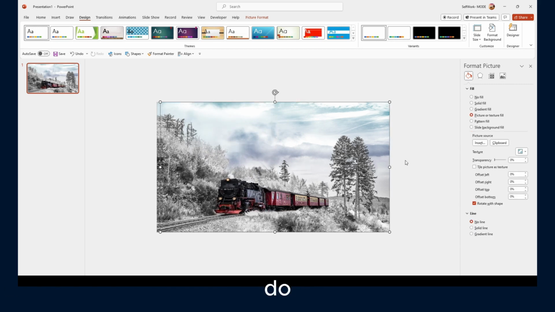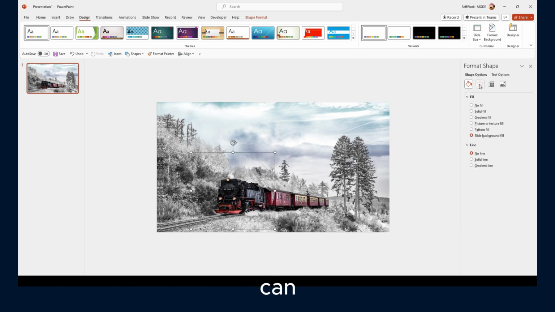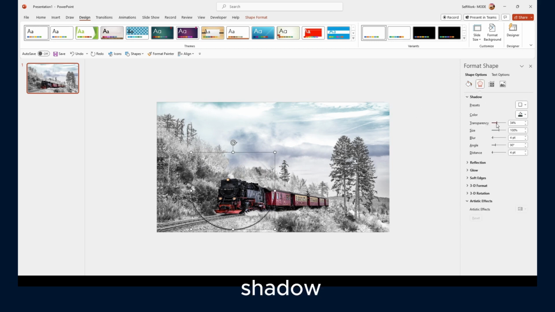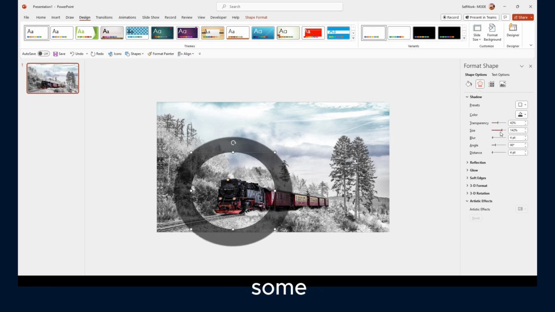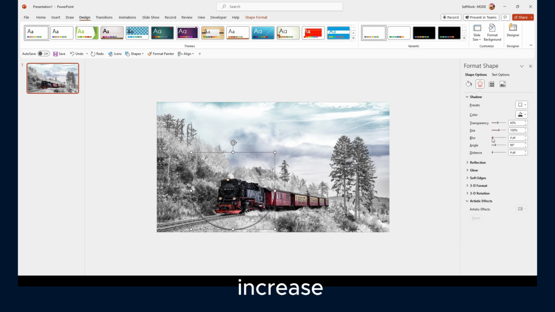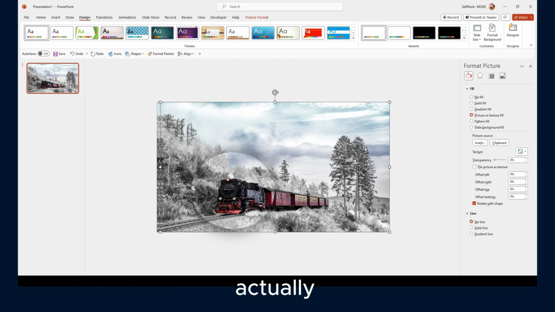So now what we can do is actually for this image, first for this one we can add some shadow, some size. Actually, let's increase the blur, which looks really nice already. And what can we do now is to actually select this image, and here we have